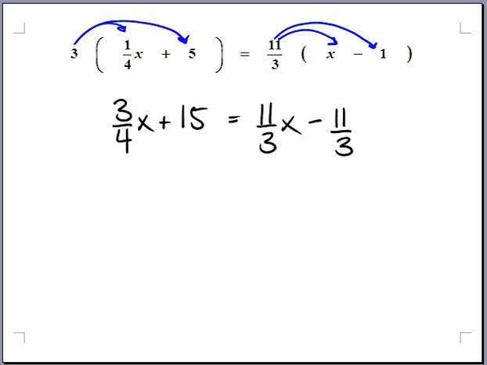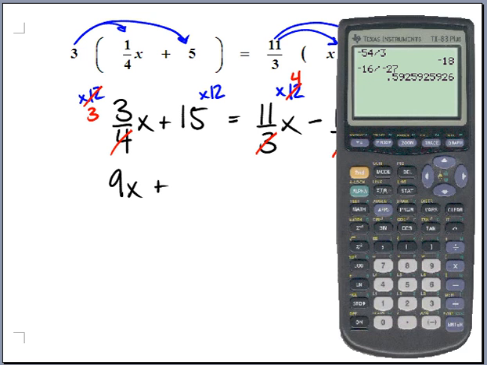And now we can probably go ahead and multiply by lowest common denominator, which is going to be times 12. And don't forget the 15 gets that treatment as well. Every term in there gets multiplied. We can do a little reducing, like 4 goes into 12 3 times. 3 goes into 12 4 times there as well. So we are left with 3 times 3x is 9x plus,